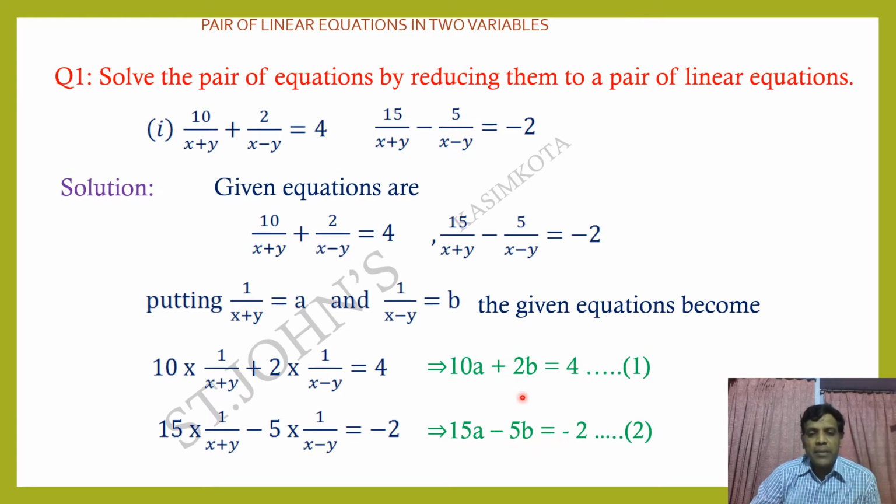Suppose you have to eliminate the b value. Here 2b is there in the first equation, and in the second equation, minus 5b. First equation is multiplied by 5 and second equation is multiplied by 2, because these two are unequal terms. Now we have to equalize these two terms. First equation multiplied by 5: 5 twos are 10, 10b. Second equation multiplied by 2: 2 fives are 10b. Now equal or not equal? Are you clear? So we are going to another step.